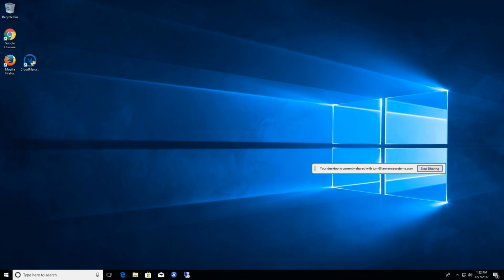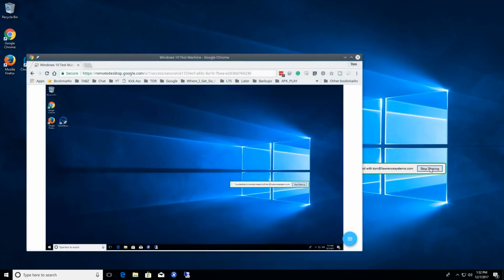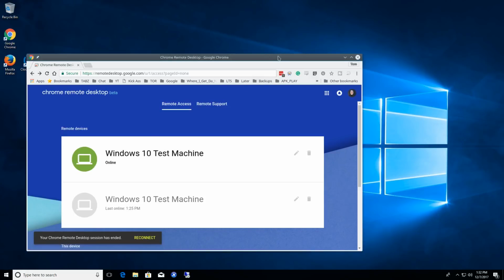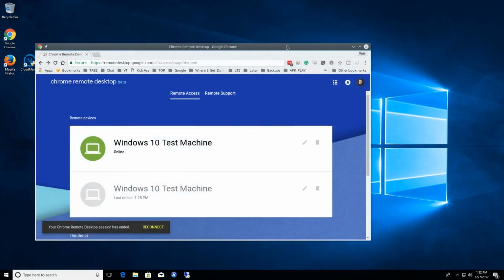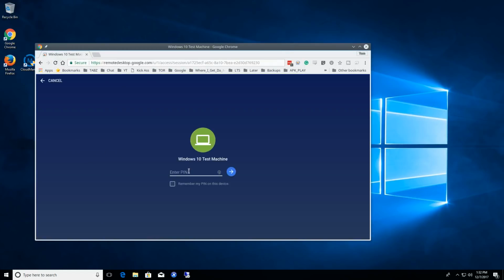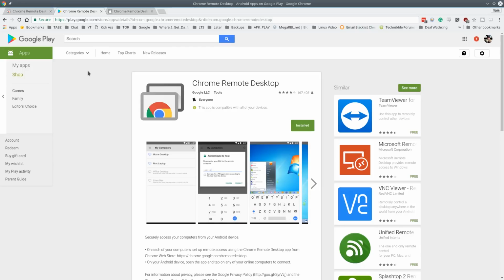So I'll actually show you what happens when you click the stop sharing. So here's that window over here, and we're going to click it over here, and we're going to say stop sharing. It just drops you right back to the screen when you do that. And it says your Chrome has been disconnected, and we can just click it and reconnect if we want. So my final thoughts on the